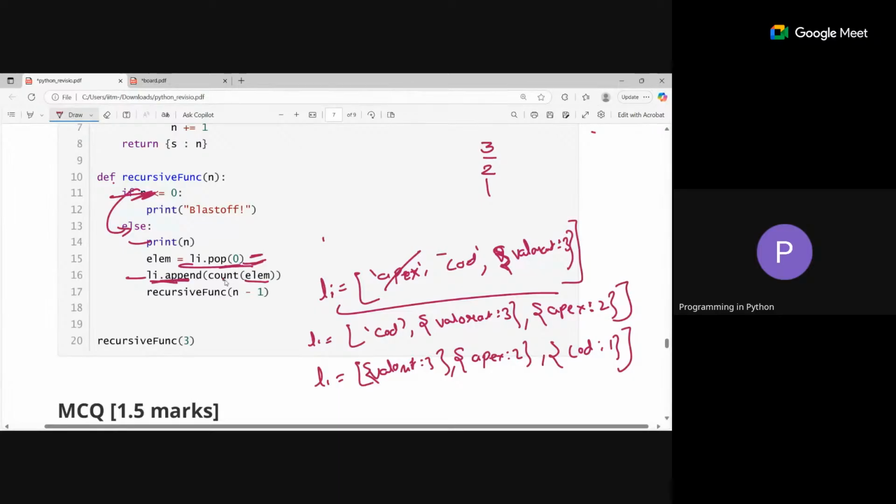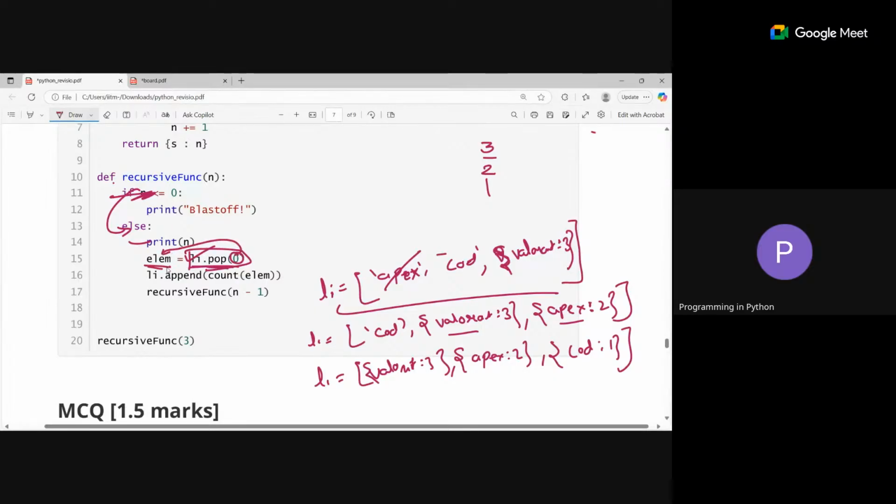Yeah, we are already appending every element here. I am unable to understand why we are removing in each iteration. We are removing that element in each case. So here pop function will remove the element from the list. It is not removing. It is for element. What is element? Element is li dot pop zero. If you see here, we are removing the element and we are storing that in this variable. That is what we are doing here. So pop will remove the element at index position 0